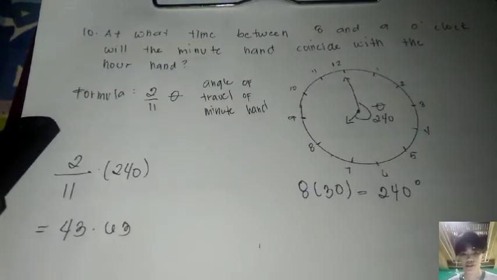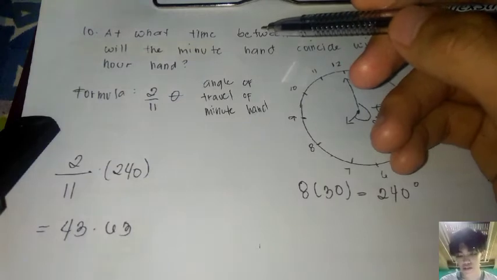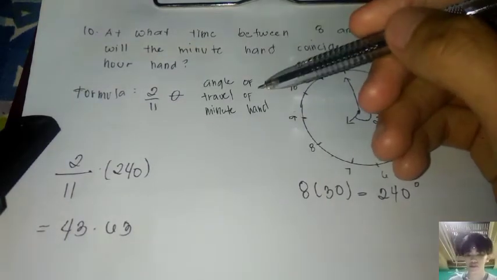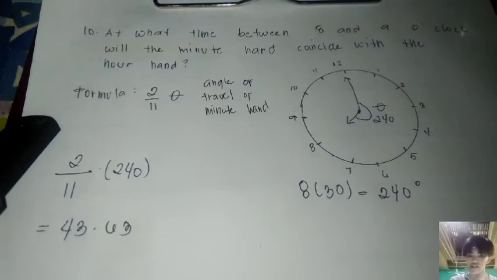Number 10. At what time between 8 and 9 o'clock will the minute hand coincide with the hour hand? So our formula is 2 over 11 theta. Where did it come from? It came from the angle of travel of the minute hand. So let's disregard the hour hand. So the first thing we need to do is to get the